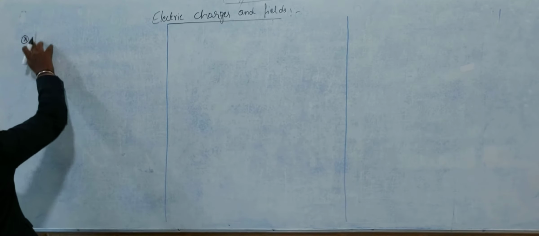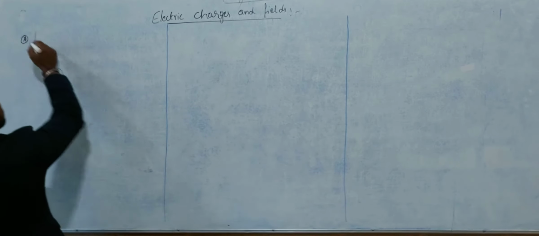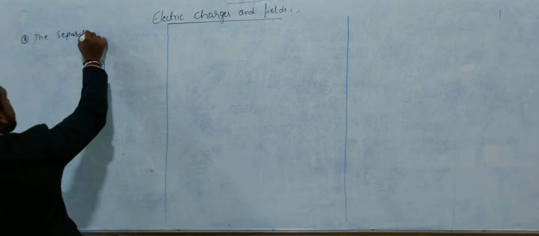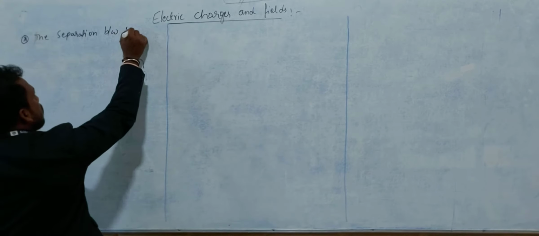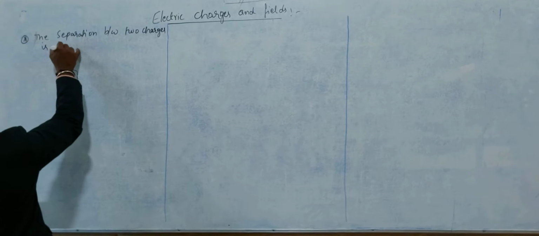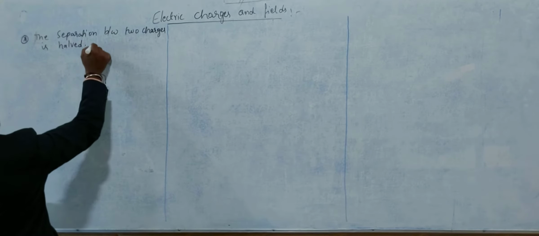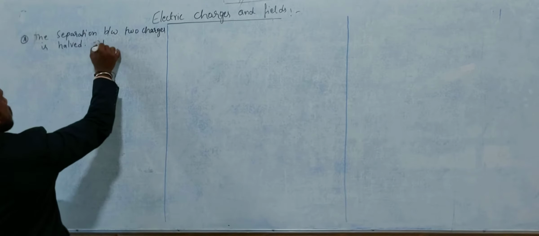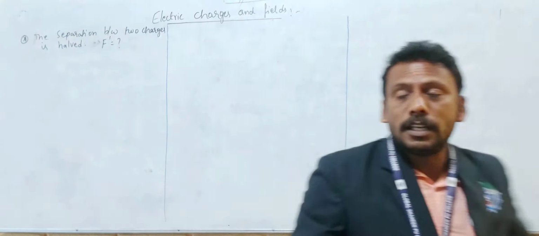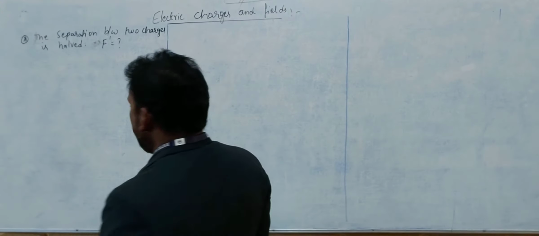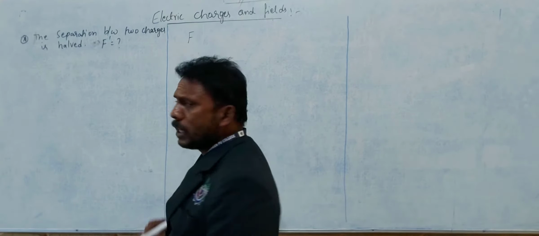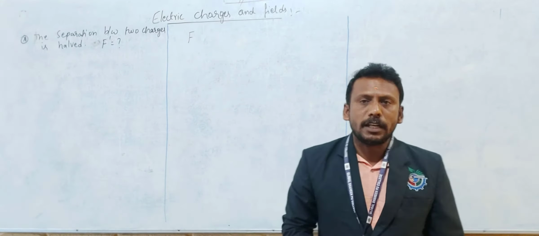If the separation between two charged particles is halved, what about the new force? F dash is equal to question mark. What happens to the new force? F dash. Clear? We know that from Coulomb's law, the electrostatic force of attraction or repulsion between any two charged